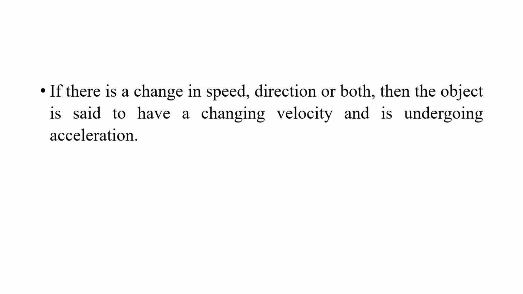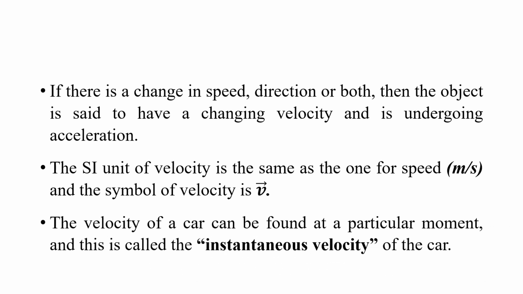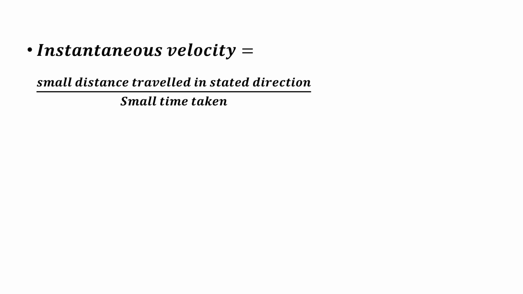and is undergoing acceleration. The SI unit of velocity is the same as the one for speed, meters per second, and the symbol of velocity is v bar. The velocity of a car can be found at a particular moment, and this is called the instantaneous velocity of the car. Instantaneous velocity equals small distance traveled in stated direction, over,